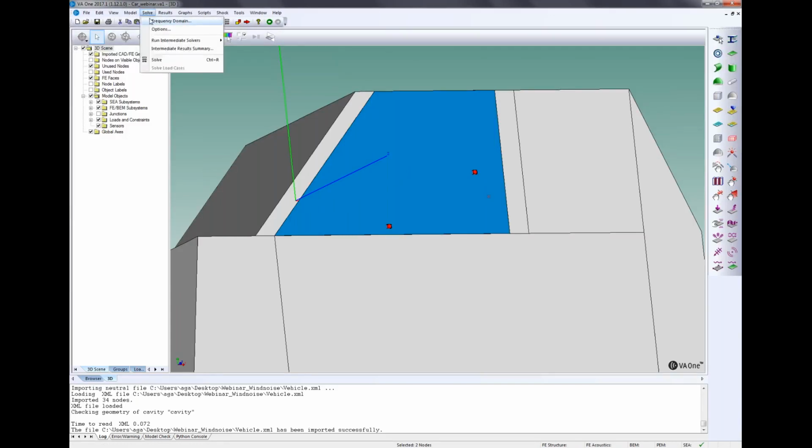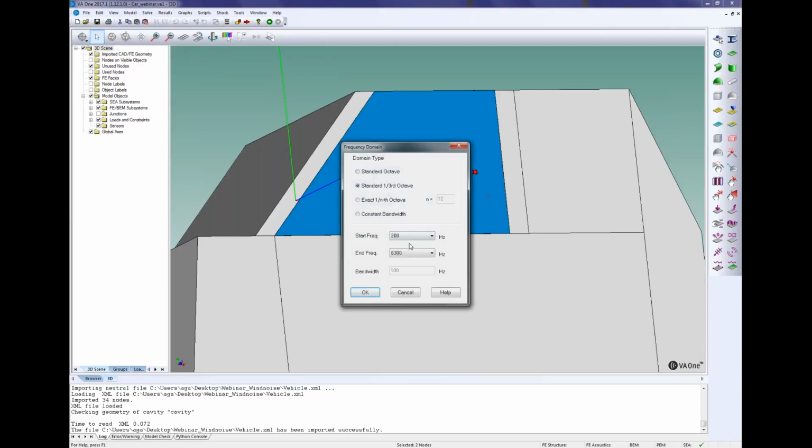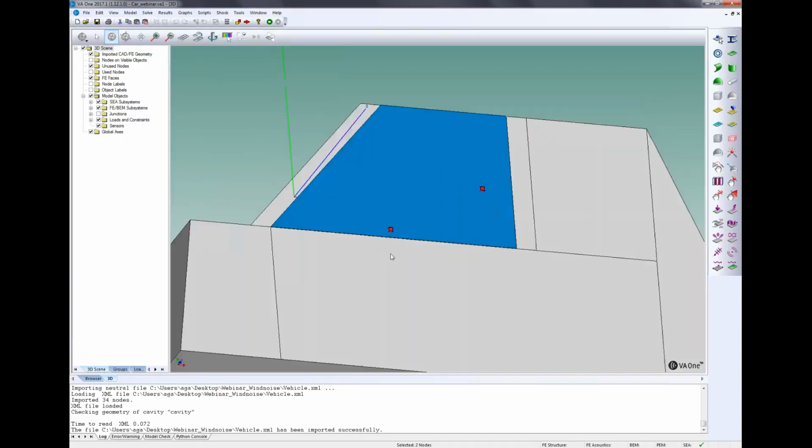By the way, the frequency domain of this model goes from 200 to 6.3 kilohertz. So it's basically a mid to high frequency model.